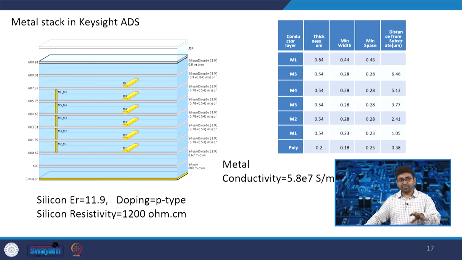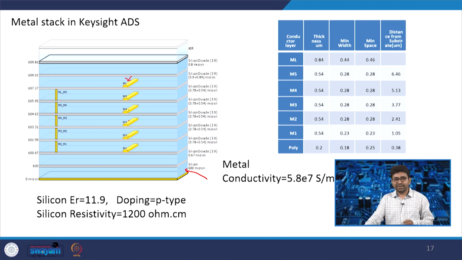So, if we take one example, this is a metal stack drawn in the Keysight ADS software, in which you can do the EM simulation. Here this is a silicon substrate, and then there are metal 1, metal 2, metal 3, metal 4, metal 5, and the top metal layer. So, it is a 6 metal layer process, and